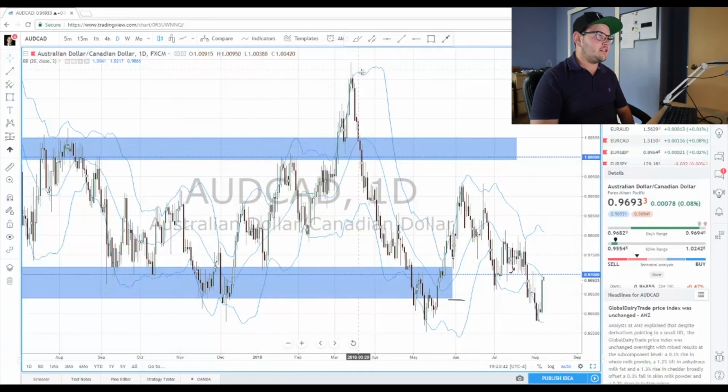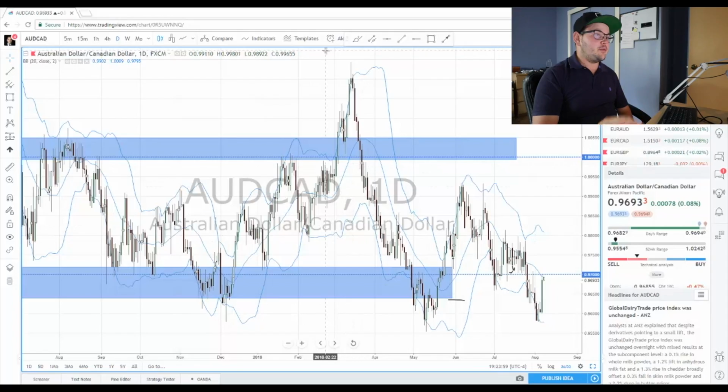Now these values above and below are what we call standard deviation, based on what the price did in the past. You compute the standard deviation. That's a kind of big formula that you can calculate yourself. It's going to take days and you won't like it. But if you want to do it, you can do it for sure. But basically the reason why I like Bollinger Band is that it makes sense with the statistics. So if you were to study statistics like I did a little bit